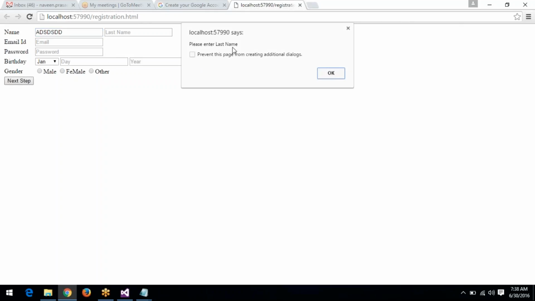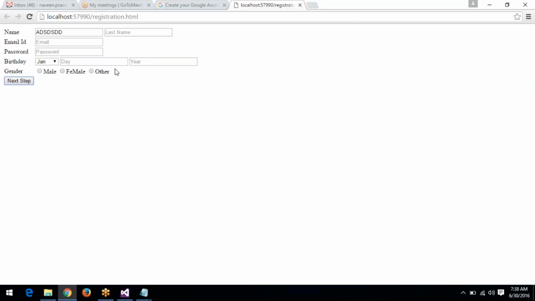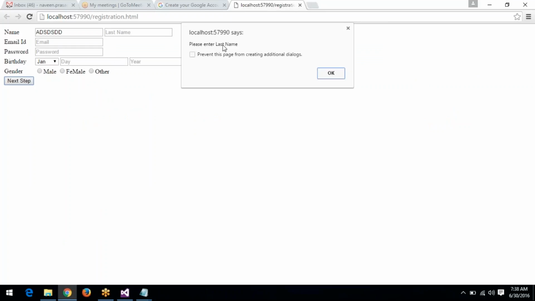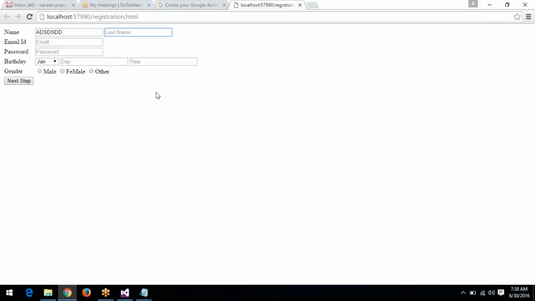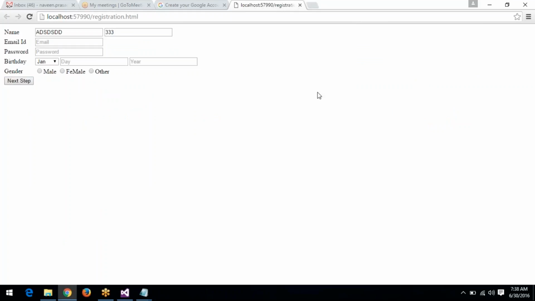Like the second text box also: please enter last name, because the last name text box is empty, and we are entering numbers. Last name accepts only string values, so we can enter small characters or caps. Okay, there is no alert box again,